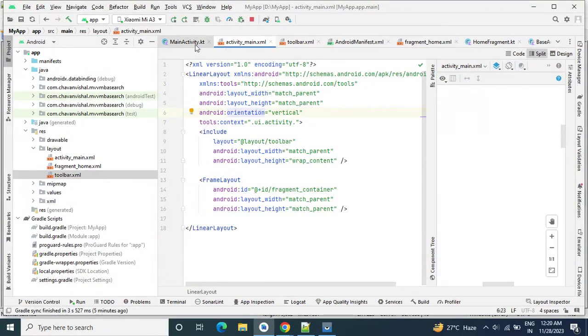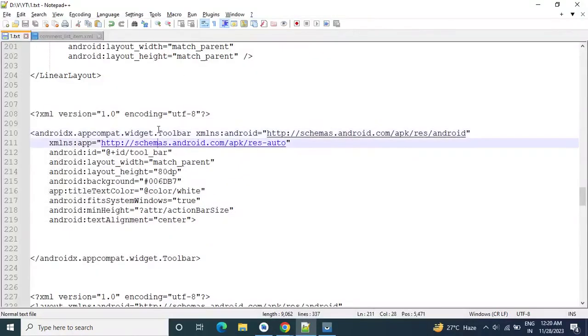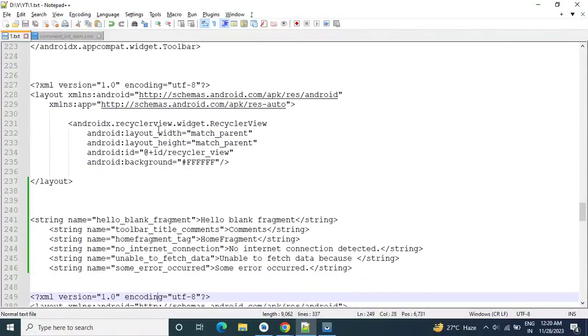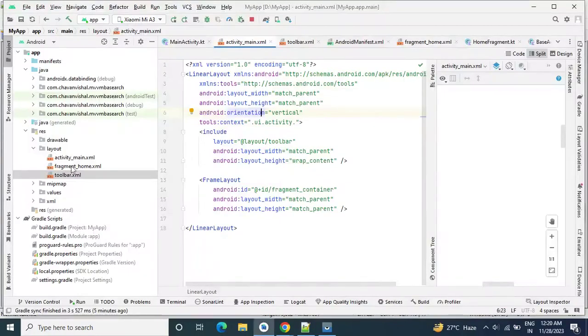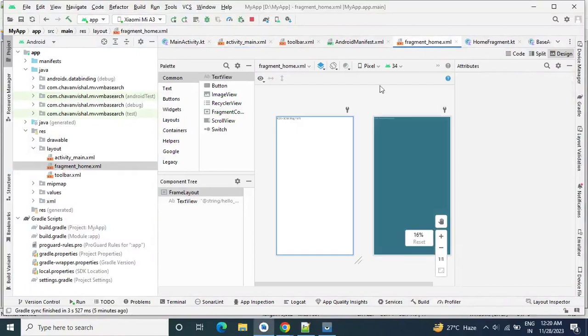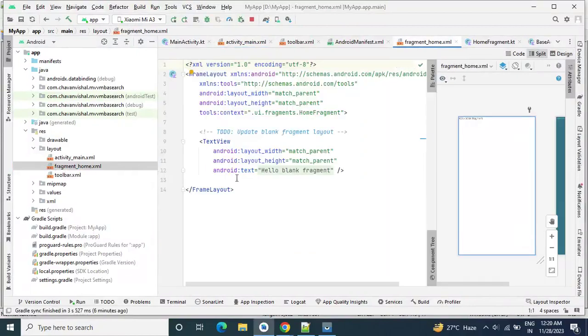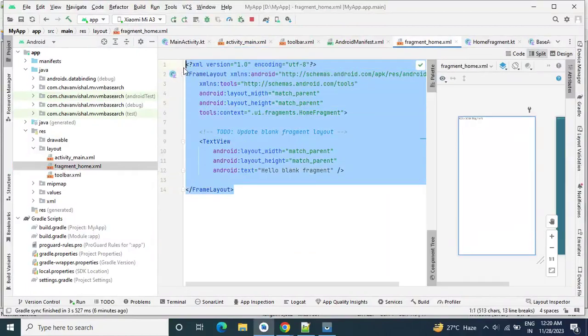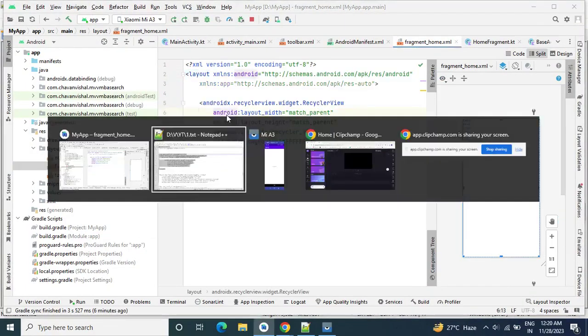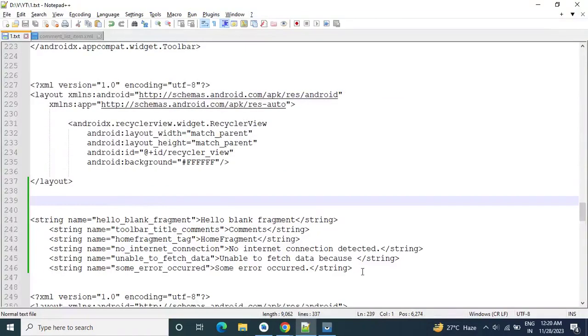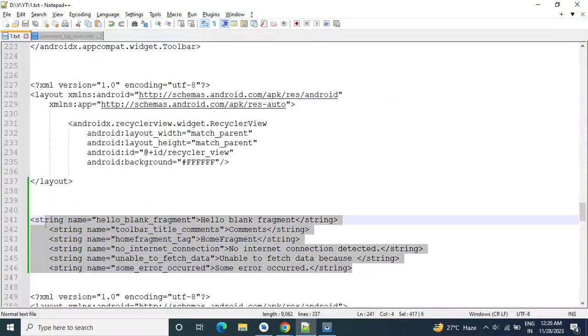Okay, this is our home fragment XML code. Let's go to the home fragment XML file. In this file one text view is there. In our home fragment we will render all the data from the API in a recycler view. So I am adding a recycler view over here, and all these are our strings.